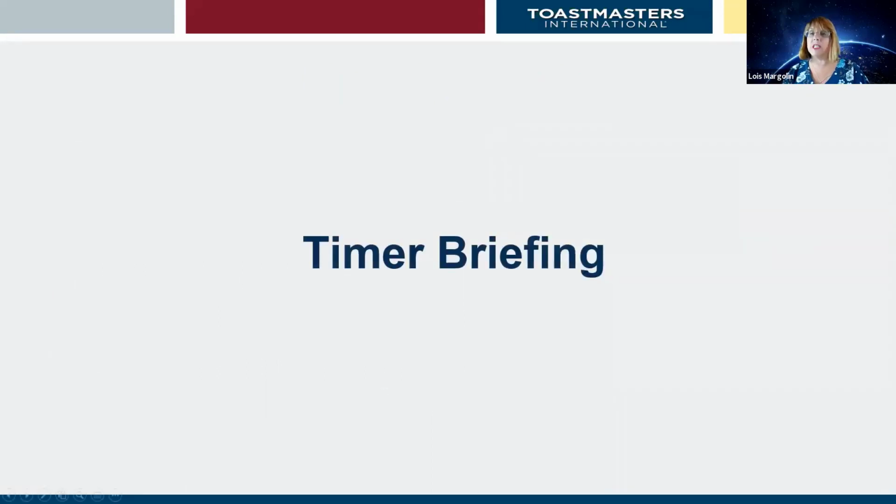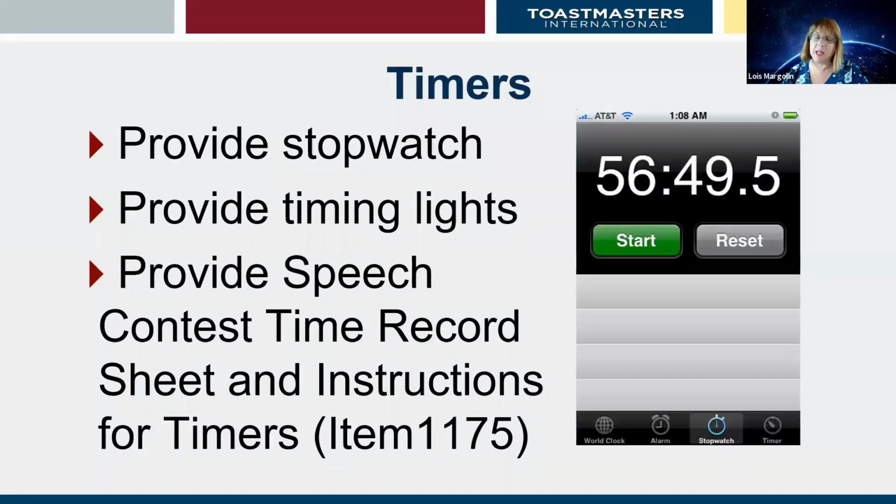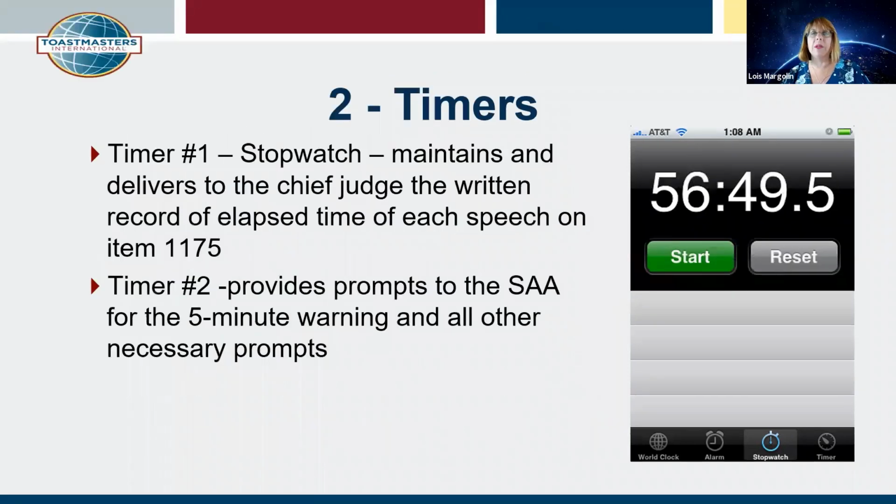Then you have to talk to the timers and brief them. Provide them a stopwatch, which most likely is going to come from their telephone or the contest master. Make sure they have timing lights, and they also have instructions 1175 to record the information on. Timer number 1 works the stopwatch, maintains and delivers to the chief judge the written record of elapsed time of